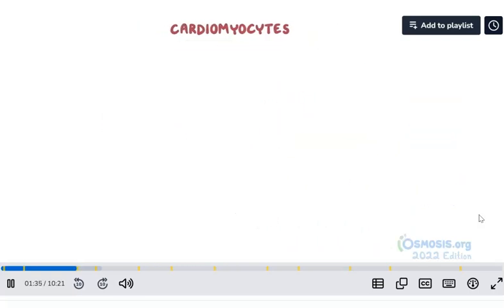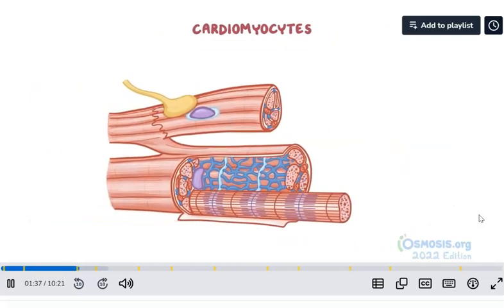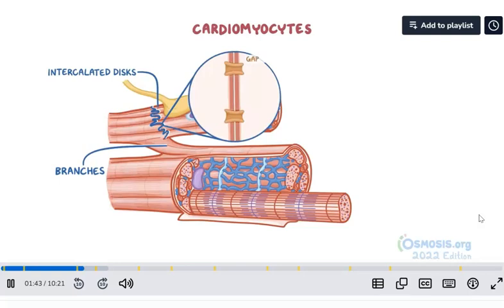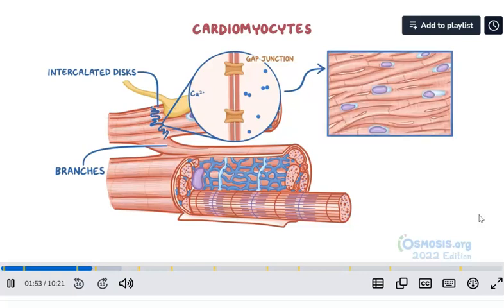Now, let's zoom in on a cardiomyocyte. These hardworking cells have branches and intercalated discs along their edges, which have small holes called gap junctions that allow ions to flow from one cardiomyocyte to the next. When ions like calcium move from that cell into a neighboring cell, this triggers depolarization, and cardiomyocytes depolarize one after